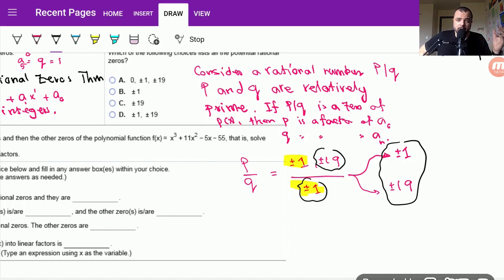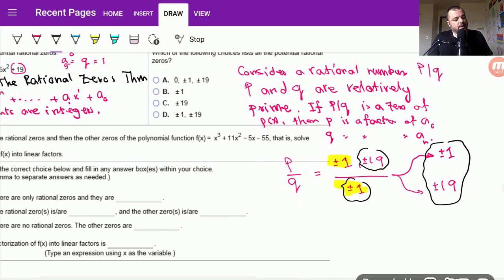What about other candidates like complex numbers? We don't know about them, but we know that we are going to have these candidates as rational numbers. Complex numbers, we don't know them, okay? So the answer is going to be